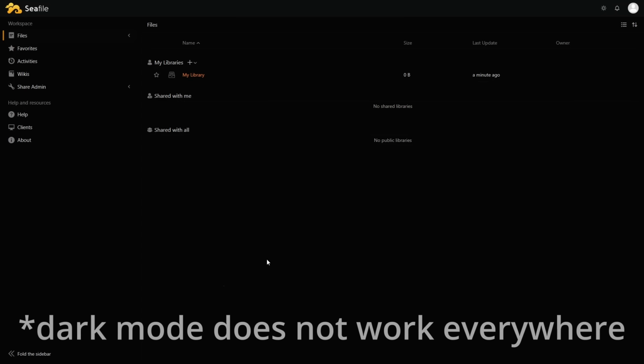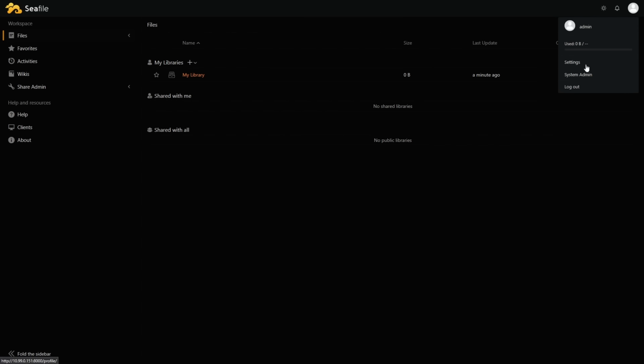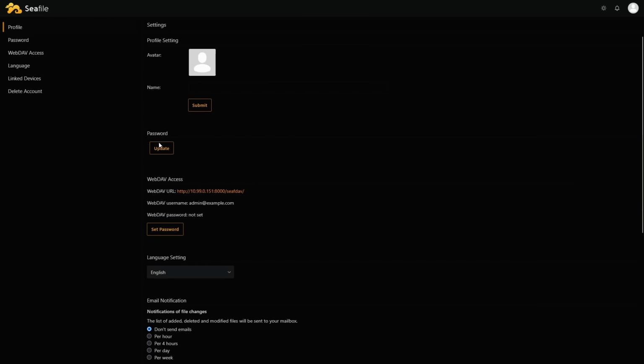The first thing we're going to want to do is jump up to the top right where the picture of the person is and click it, and then click settings, and then go ahead and change your password. You could also set a password for web dev access, and I'd recommend you do so, and make sure those are good, strong passwords. Click the person icon again, and then jump down to system admin,